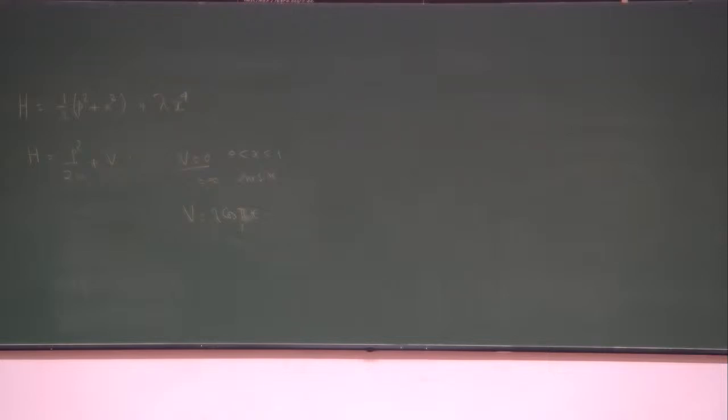But the problem with lambda x power 4 you cannot solve exactly. For example, if I ask you to write down the Schrodinger equation with lambda x power 4, you will have a Schrodinger equation, but you can't solve it exactly. Analytically you cannot solve it. So what can you do? Or the other way is,